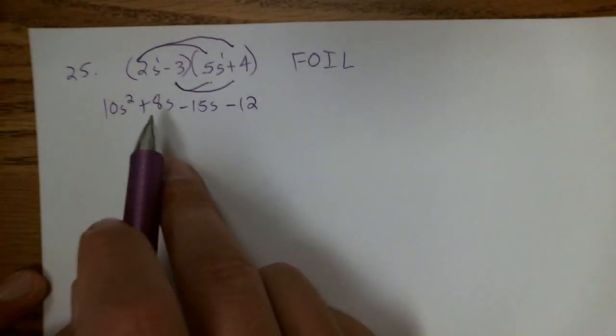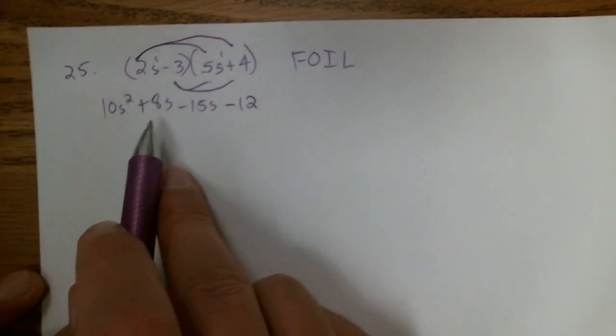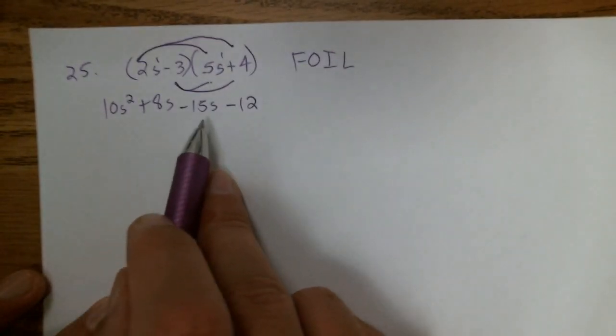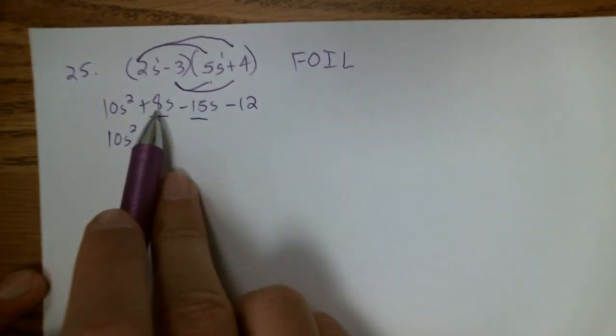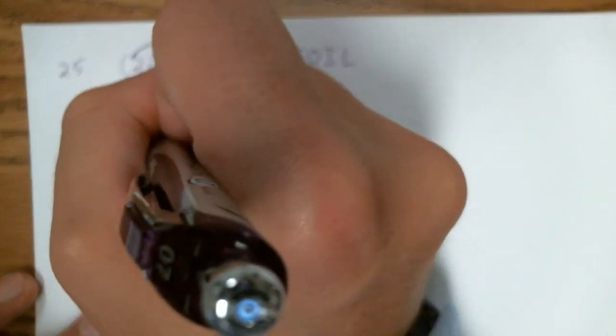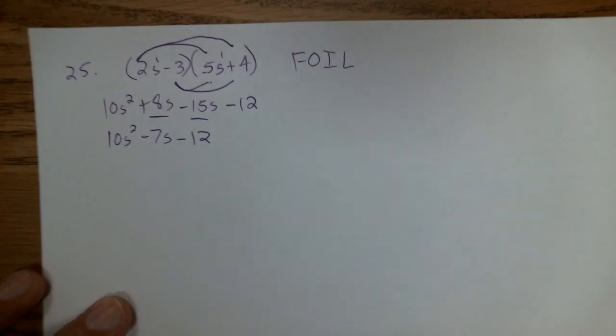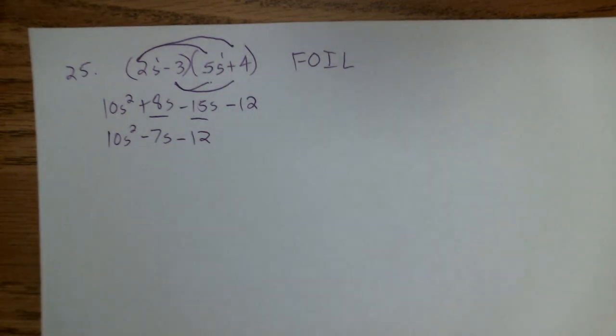Now remember, most of the time, guys, when you FOIL, you are able to combine these two middle terms. So I got 8s minus 15s, so I can combine those. I'll have 10s squared. 8 minus 15 is minus 7s. And then I just bring down the constant, minus 12. 10s squared minus 7s minus 12. Okay, next one we have